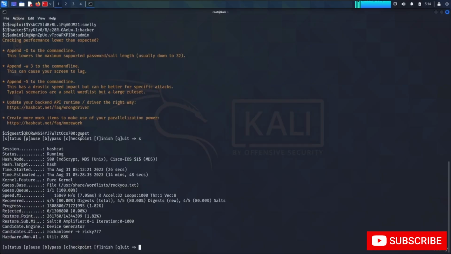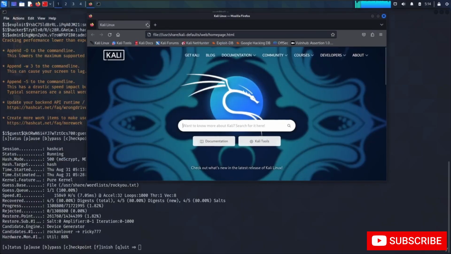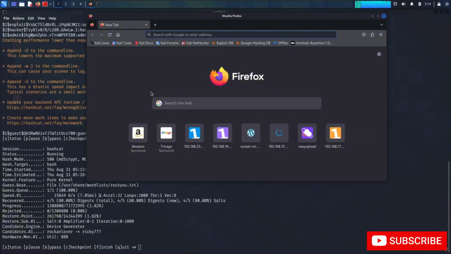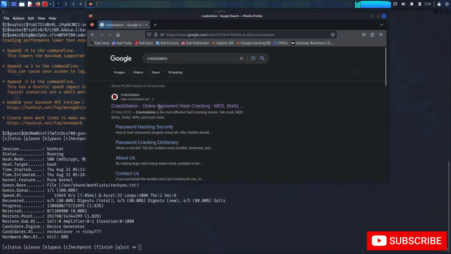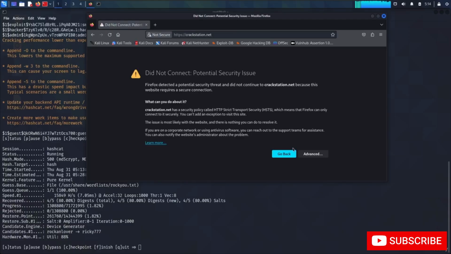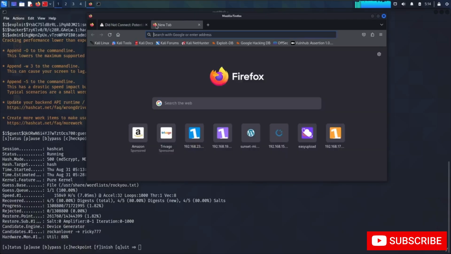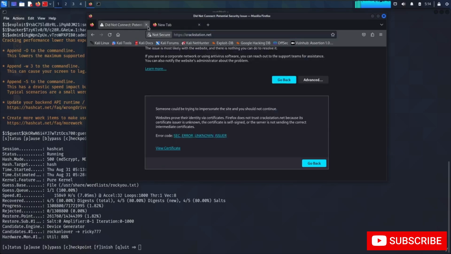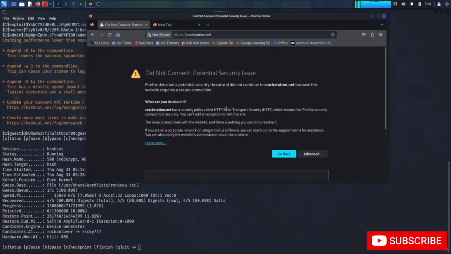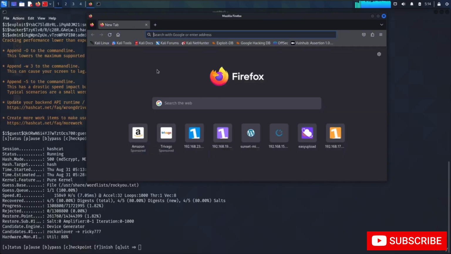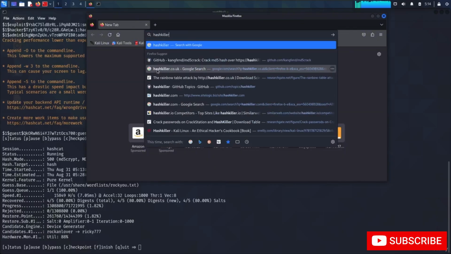And if not, then we can use some online websites also like Crackstation and Hashkiller. So you don't have to do anything, just go to your browser, then click on Crackstation. You can see Crackstation on password cracking, but my network has blocked it because I'm not on my phone's hotspot. I am on a public Wi-Fi. Public Wi-Fi means it's my room Wi-Fi, so it has blocked some of the sites, so I cannot use this right now. But make sure you use crackstation.net, and there is one more site called Hashkiller,